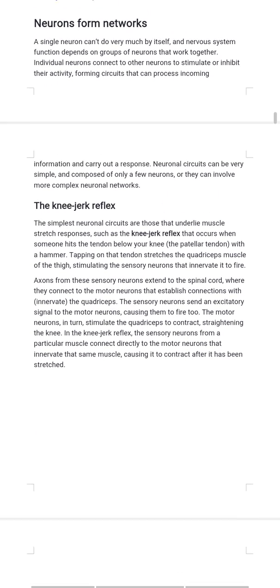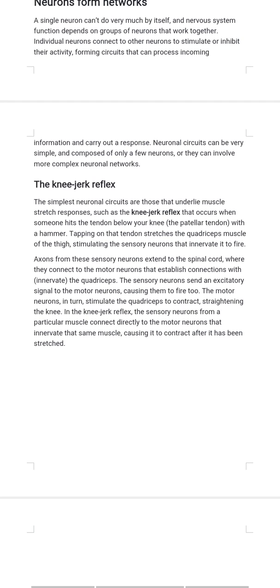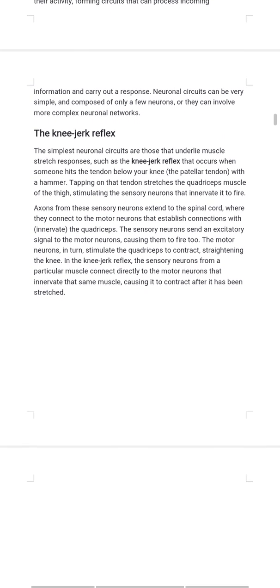The knee jerk reflex. The simplest neuronal circuits are those that underlie muscle stretch responses, such as the knee jerk reflex that occurs when someone hits the tendon below your knee, the patellar tendon, with a hammer. Tapping on the tendon stretches the quadriceps muscle of the thigh, stimulating the sensory neuron that innervates it to fire. Axons from these sensory neurons extend to the spinal cord,